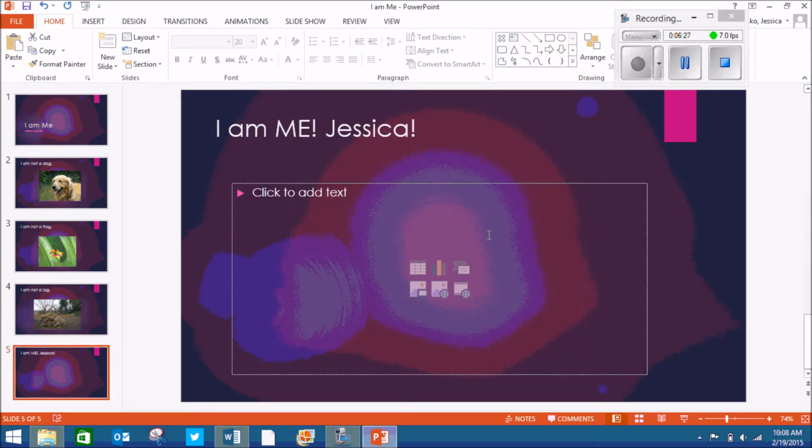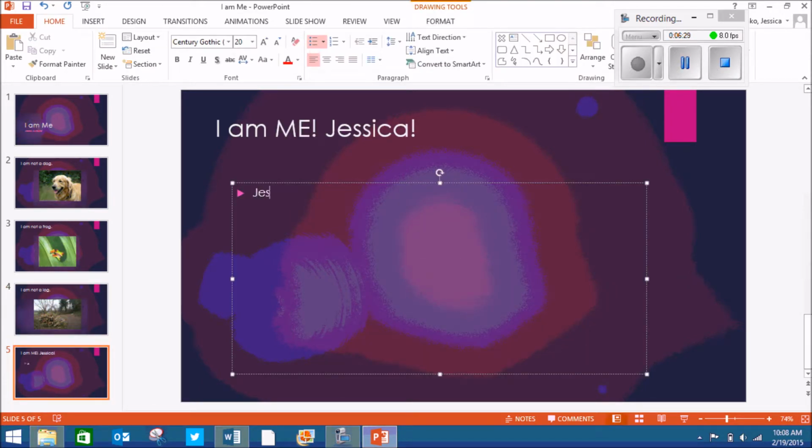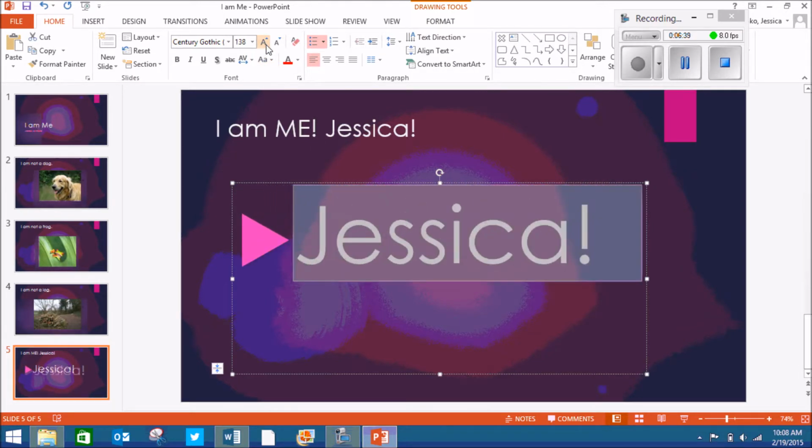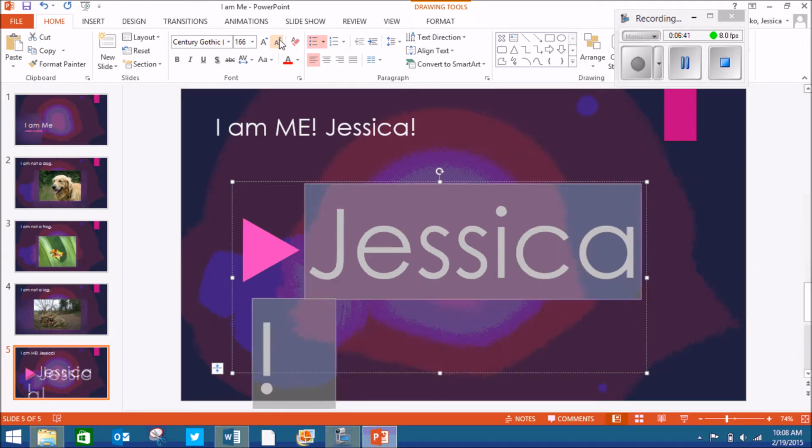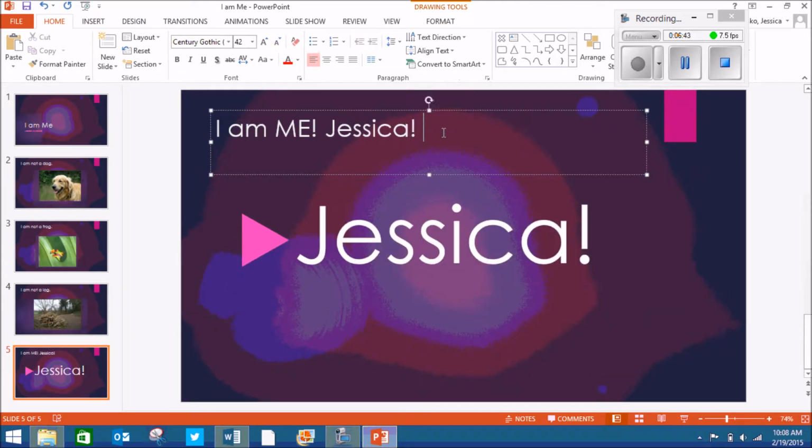So you have multiple choices here. What you could do is have them just write their name. And then if you wanted to, you could teach them how to use that big A with the arrow to make their name super big, make sure it fits, and then they can go back and delete that. Okay. Now, something else that you could have them do is go to ABCYa Paint,